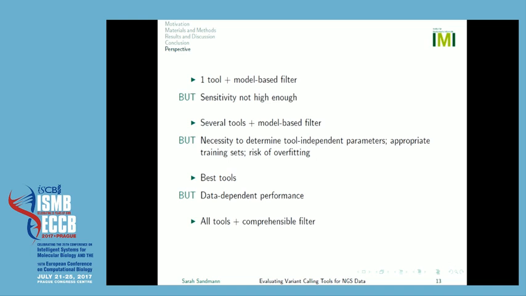So this is why we came to our final solution. Just take all tools. We have information from 8 tools, so just combine it. Take it all, and then apply some comprehensible filter, something that seems logical. And this is how we developed our tool. It's called APPRECIATE, a pipeline for precise variant calling integrating 8 tools. And if I got 2 more minutes, maybe I would just quickly show you what APPRECIATE is doing and what